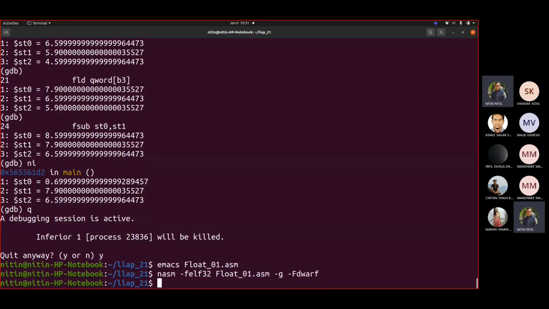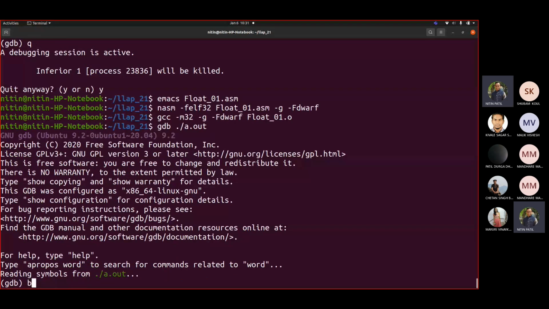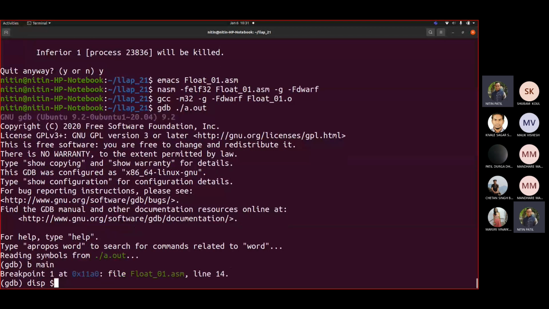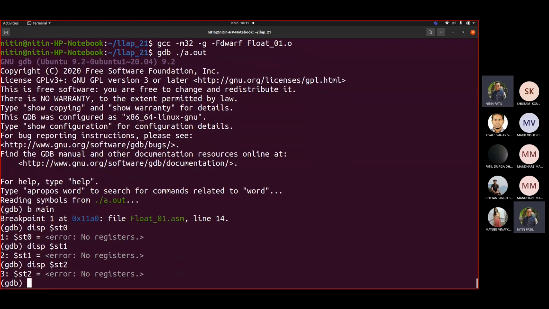Awesome. So you will see there is no error, because it was giving us an error when we wrote it with the addr. Okay, because addition has a mathematical property. A plus b equal to b plus a, but a minus b is not equal to b minus a. So what kind of operation is plus? Commutative. Very good. Fine. So let us add a breakpoint, display st0, st1, and let us take st2, run.